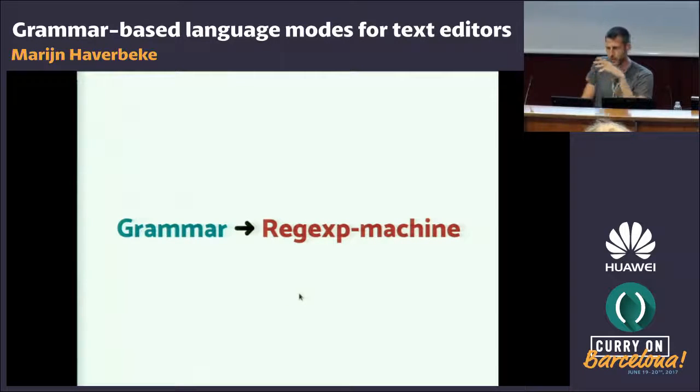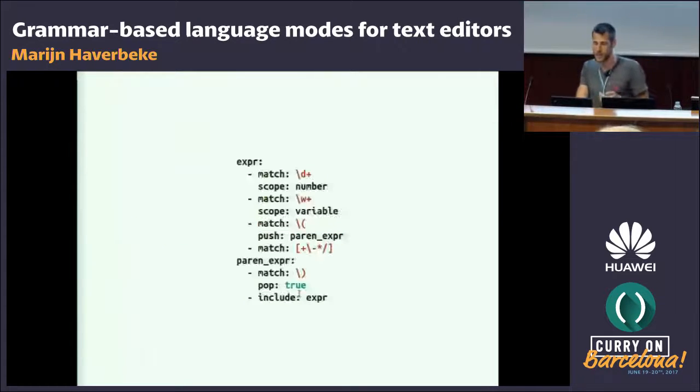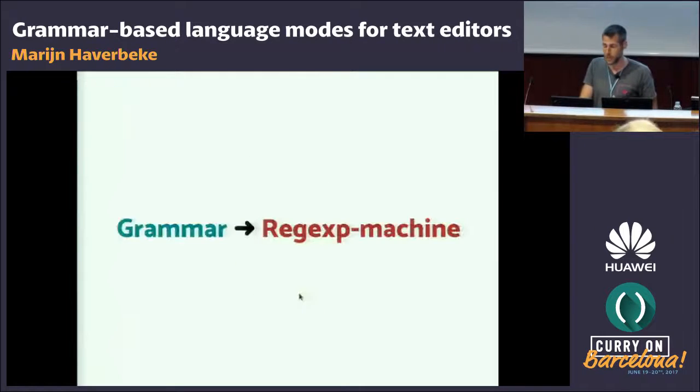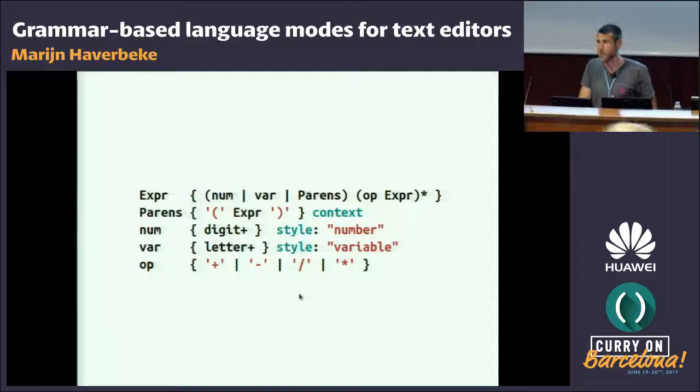So we want something where a user can write a grammar, and then there's a little tool that compiles it into a machine, something like this. And then the editor can run that, and it should become a lot nicer to write such grammars. So this is an example of what my syntax looked like. I based it on parser expression grammars rather than context-free grammars, which are somewhat different in that in a context-free grammar, if you have a choice operator, so the pipe usually, it means